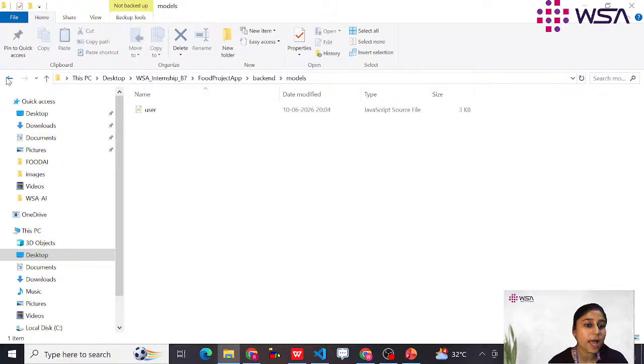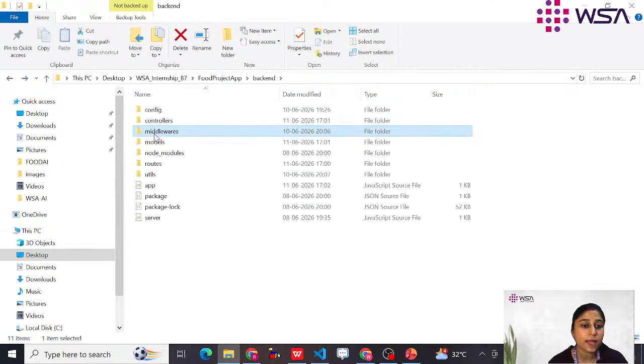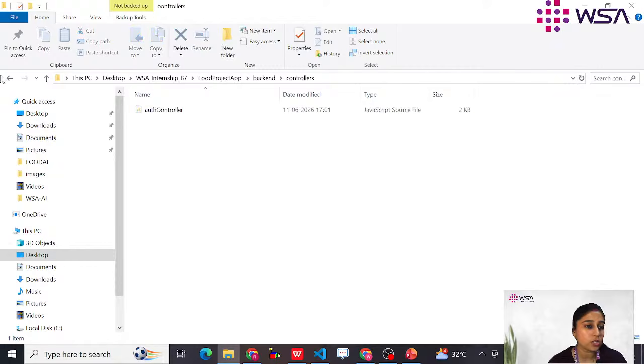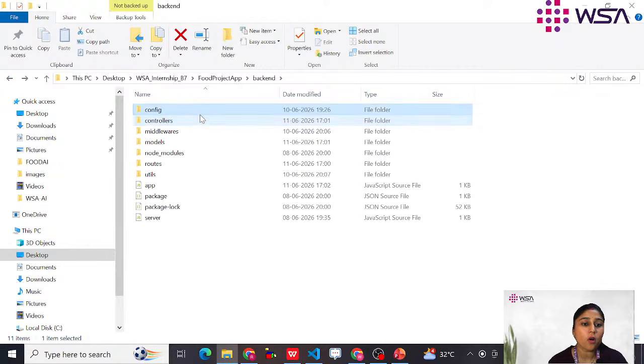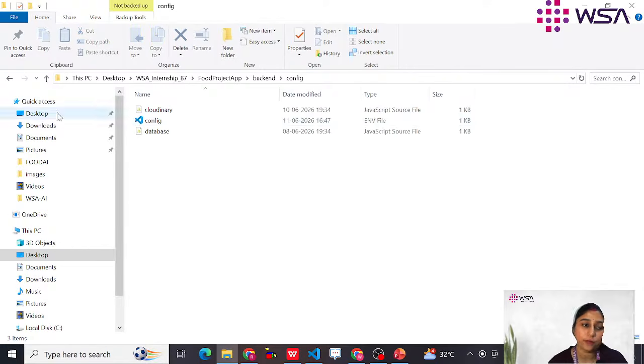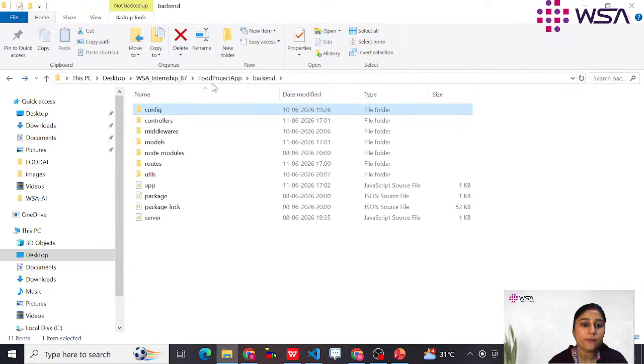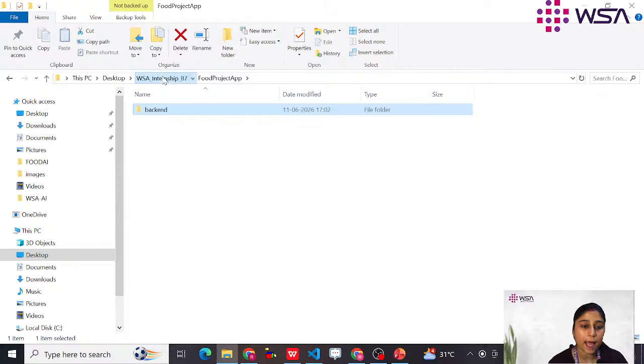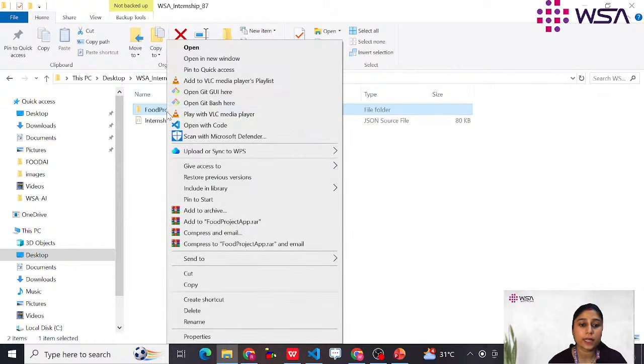In models we have the user. In middlewares we have these 3 files. Then in controllers we have this auth controller. Then in config we have these 3 files. Is this clear? Now I will go back to this food project app and I will right click